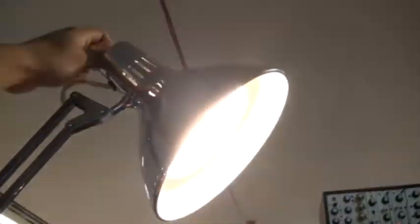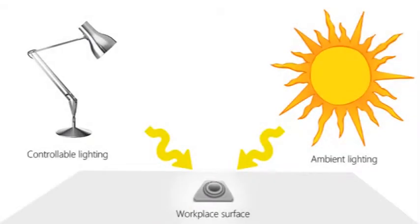The way we control light has changed from a simple switch. As we advance into more complex interfaces, the ways people interact with the system change as well. Adaptive lighting is a new energy-saving method that uses sensor data to gather information from ambient light and controlled light